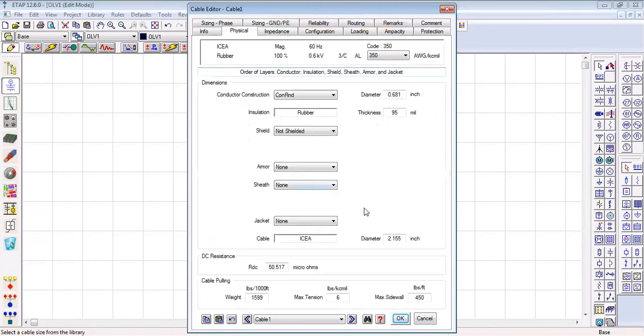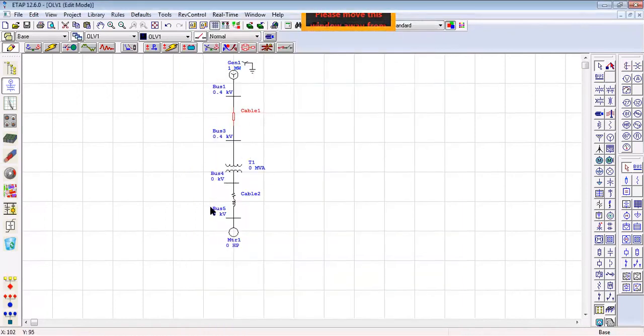These are the physical parameters. But whatever you are doing, you must open all its details once and see what is there in the different columns, whether you want to change it or not and remain it as it is, but just open it and see what's there, which ratings related to cables are available with us. Like sheath, as you studied in your power system, Power System 1 I think, sheath is there, shielded, not shielded, about the cable, which type of insulation, diameter and all that. Okay, just open each and every step and then you're going to press here, okay. So this is our cable and next come to this transformer.